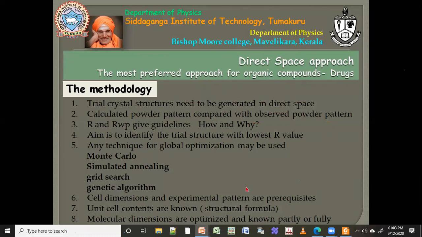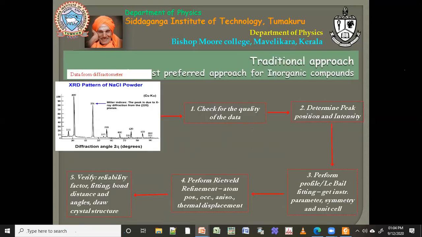Okay, maybe I will make a quick video tutorial for this, and then I will give you the link for that. Okay, so if someone is interested to do that, they can do it. But it's not good for a beginner. It's very difficult. Then you may stop learning how to do crystal structure. Okay, so that is why we will do only the traditional approach.